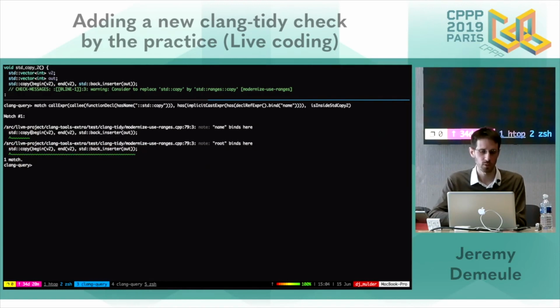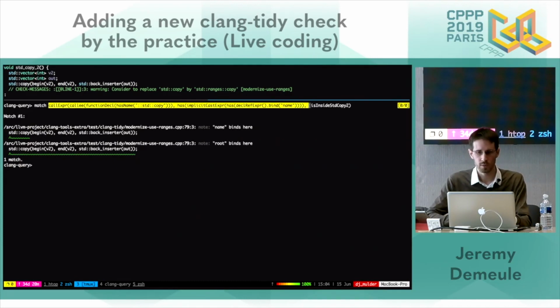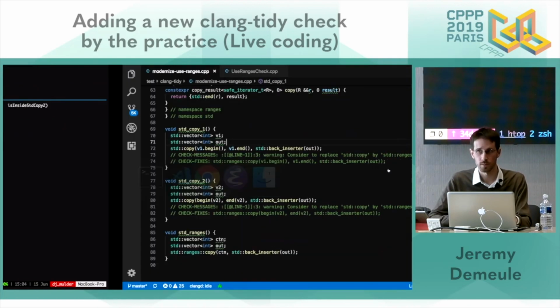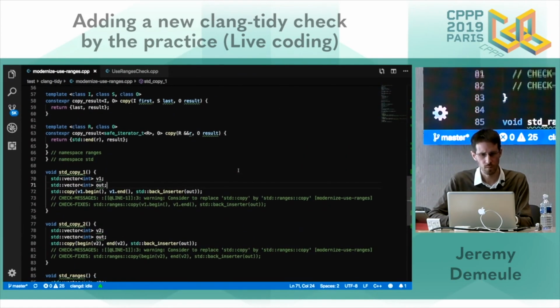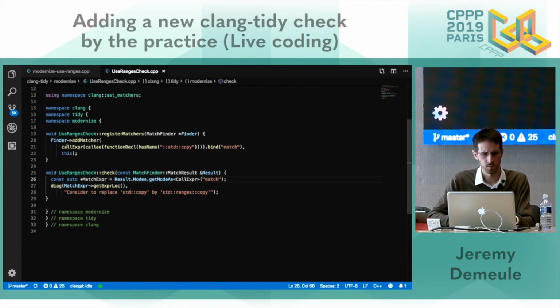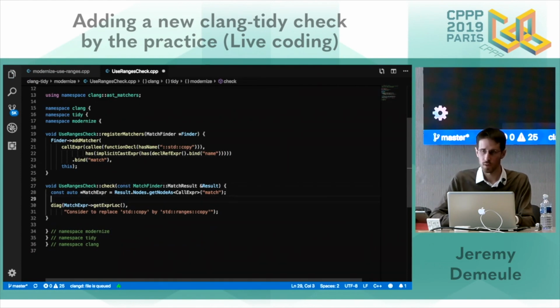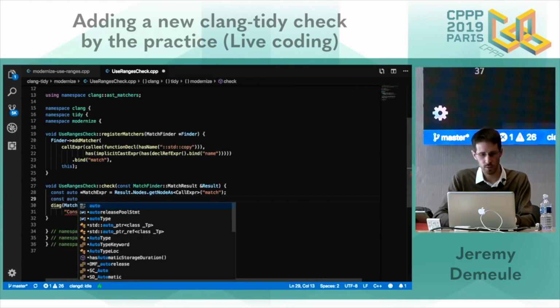where is the symbol I'm looking for. Let me copy paste and add it to Clang query. Again, I can retrieve it.